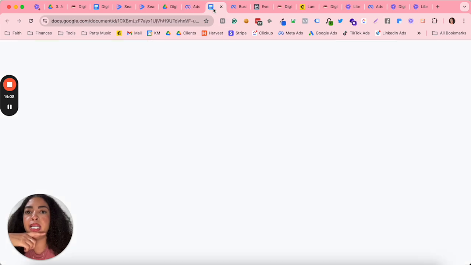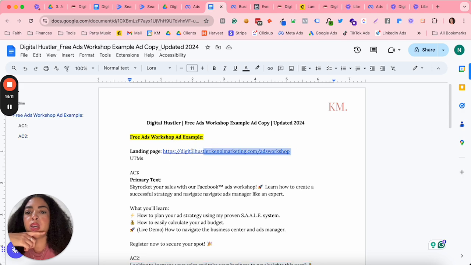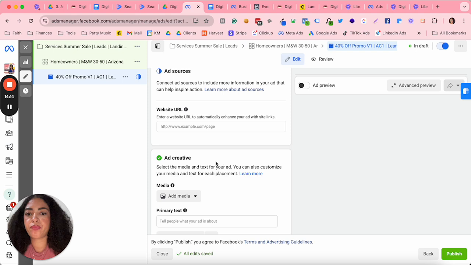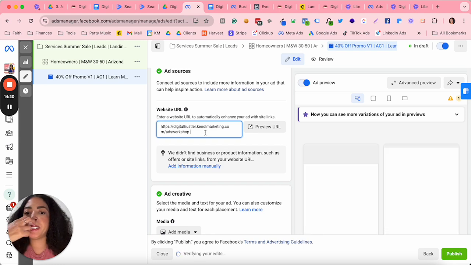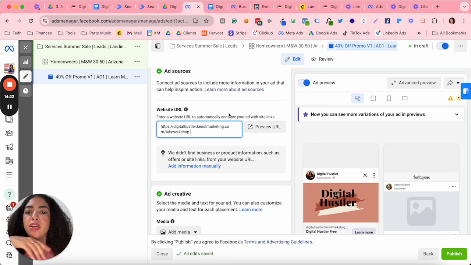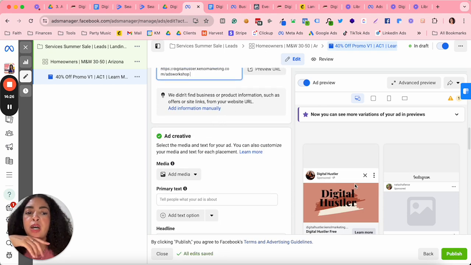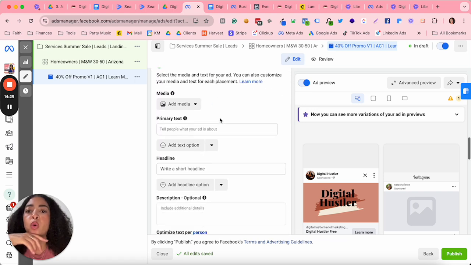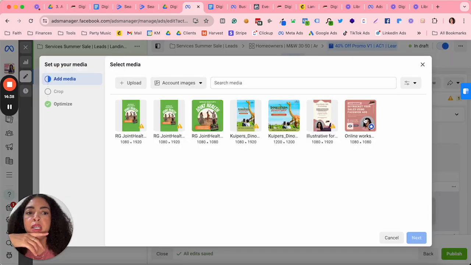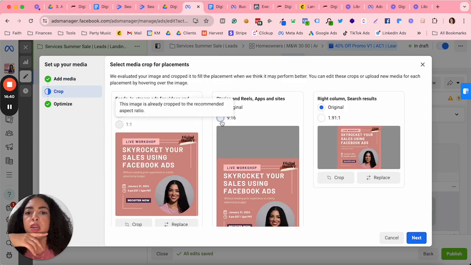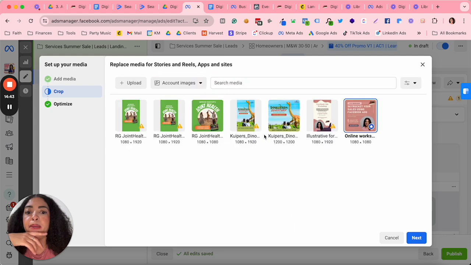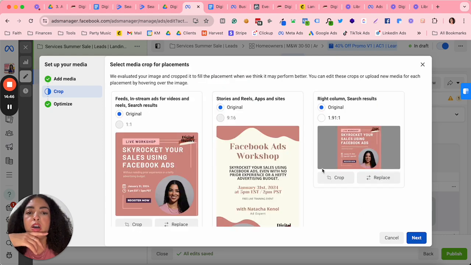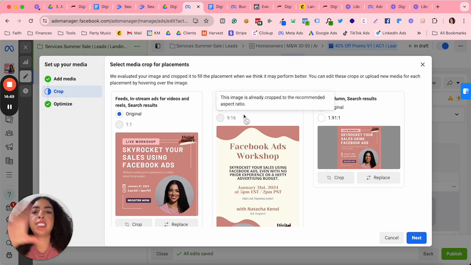Ad sources, again, I'm going to have my handy dandy document and just put in the URL where I'm driving traffic to, right? So in this instance, I have a really simple, straightforward form that the person would fill out if they wanted to attend the workshop, or in your case, if they want more information or be contacted about your services. Then I add my media. I always recommend also creating a 9x16 in terms of your placement for stories and reels